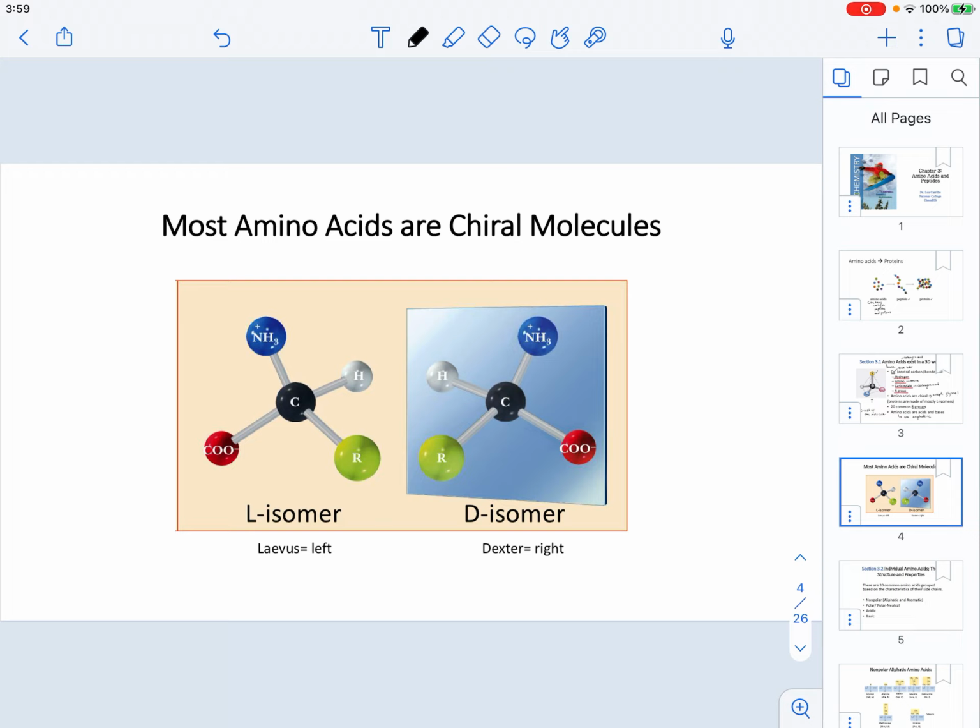So, the L and D configuration that is utilized in biochemistry to symbolize the chirality of some of our biomolecules, understand that comes from the idea that L stands for levus, which means left, and D stands for dexter, which means right. So understand that this is very related to the concepts of R and S configuration that you have